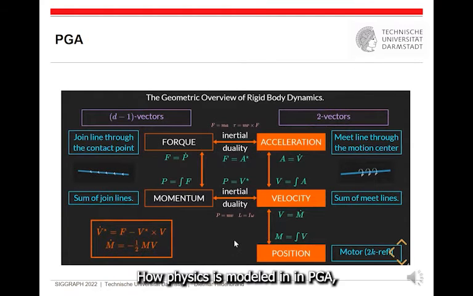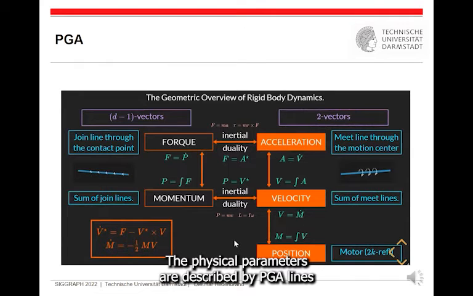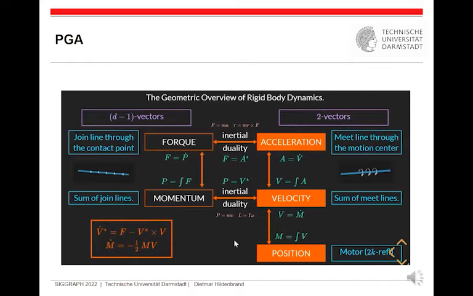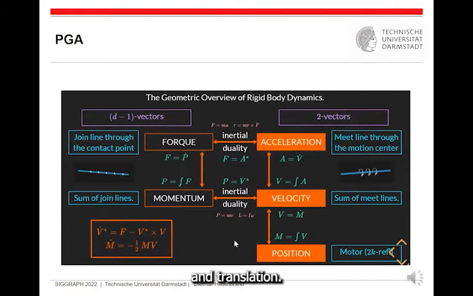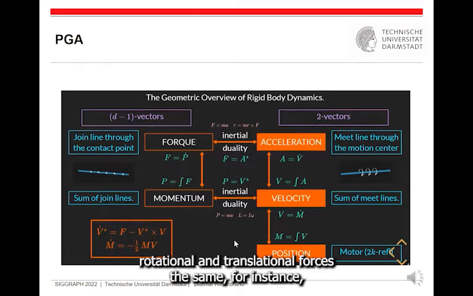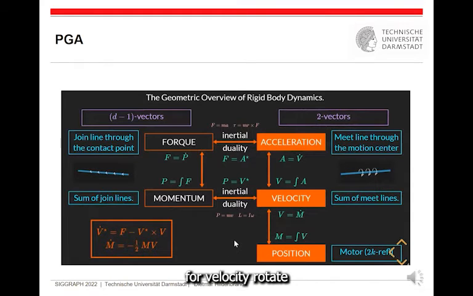This is a general model of how physics is modeled in PGA. In principle, all the physical parameters are described by PGA lines, and all the physical parameters combine both rotational and translational parts. As with motors, a motor is a combination of rotation and translation. In the same way, a wrench is a combination of force and torque, and means also combining rotational and translational forces. The same, for instance, for velocity,